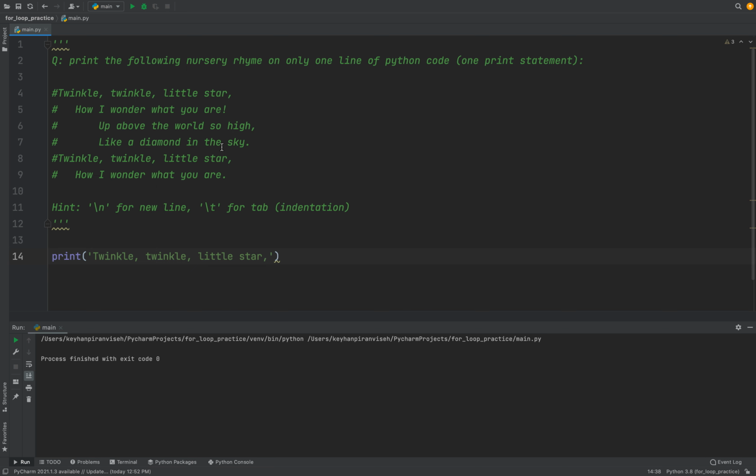Now you got to go to the next line or new line, so use \n. And then how many tabs you need? Only 1 tab, so \t, and then you copy the 2nd line and paste it here. You got to go to the next line, so new line with \n, and then how many tabs? 2 tabs. So tab \t, and then copy the 3rd line,